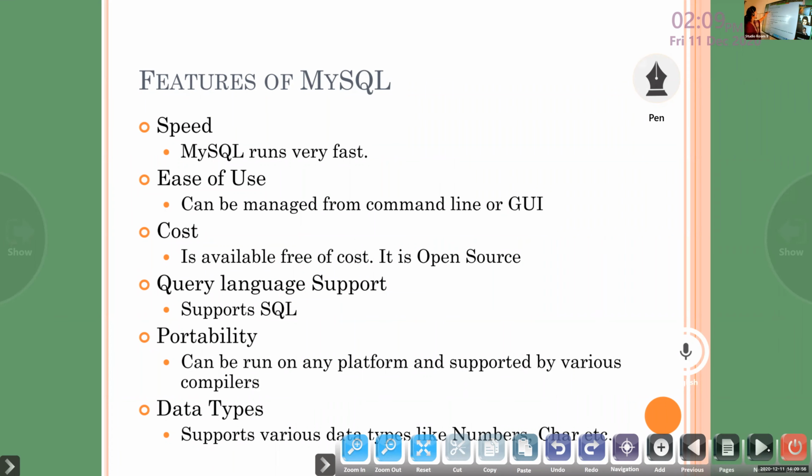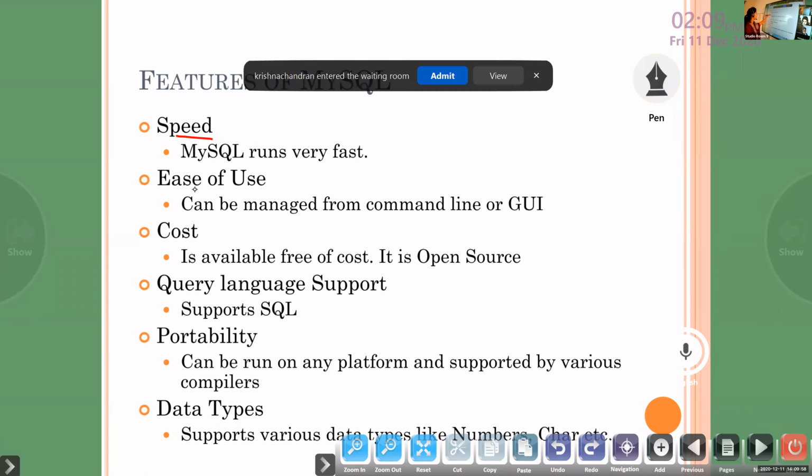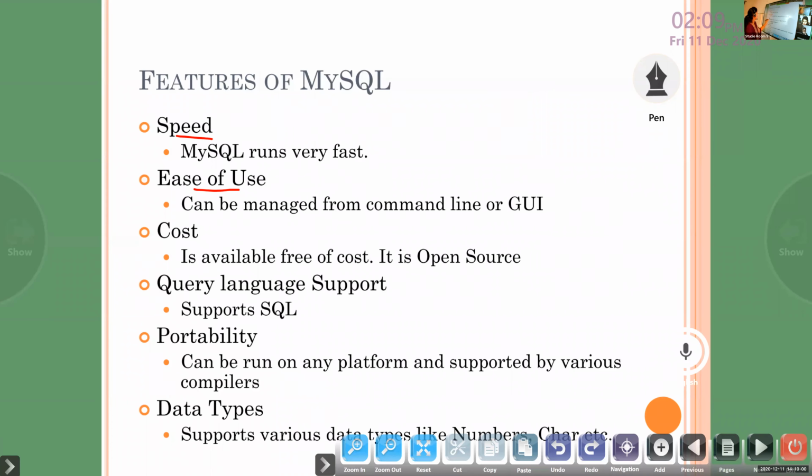Then some more features: speed, ease of use, cost, query language support, portability, data types. Speed: very fast. Ease of use: you can connect to any programming language, or you can manage it through MySQL itself, or you can use any GUI.